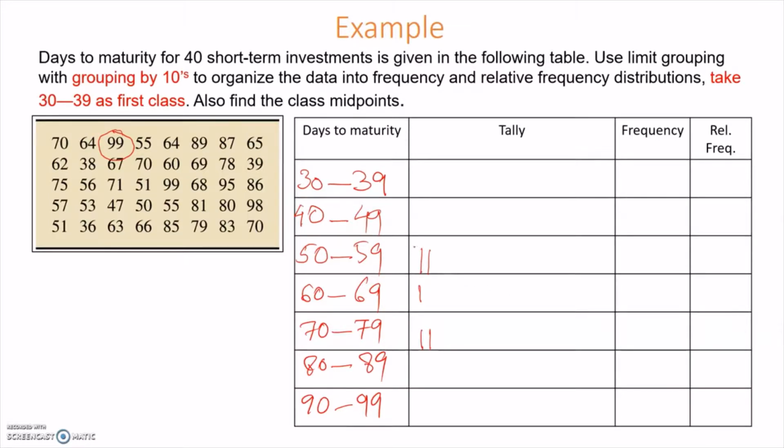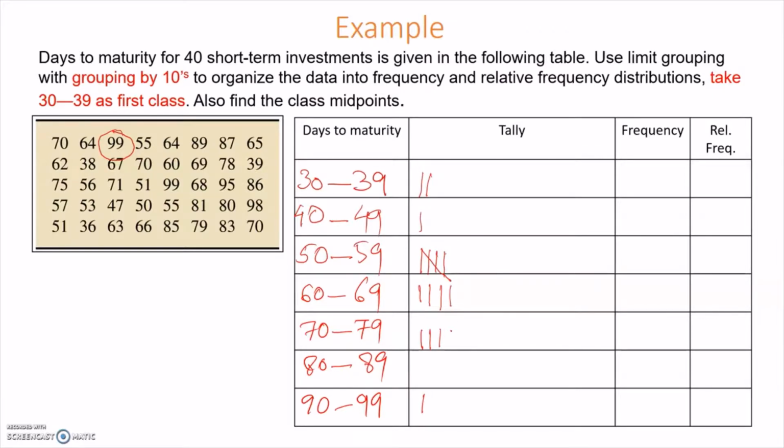Now we have 64, 38, 56, 53, 36, 99, 67 will be in this range, 71, 47, 63, 55, 55. When we have the fifth to make a pack of 5, we do it like this: 55,